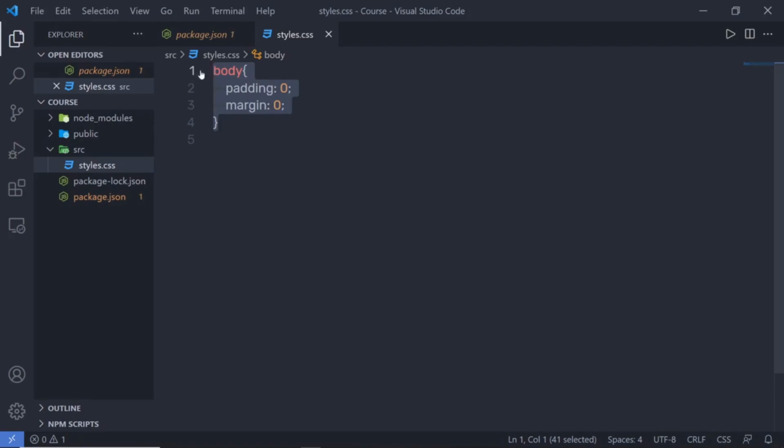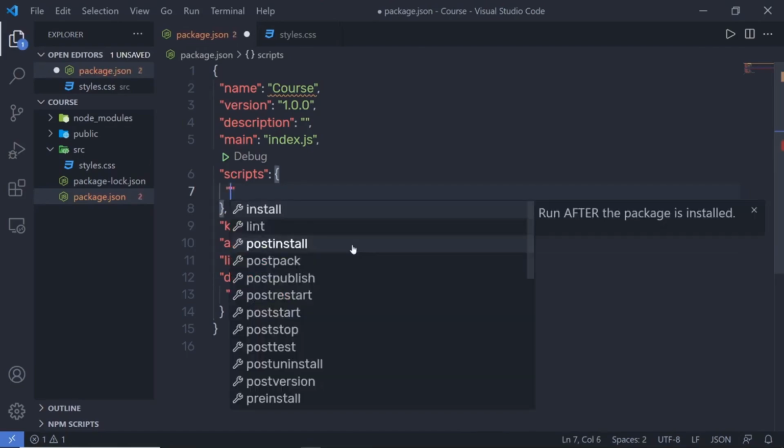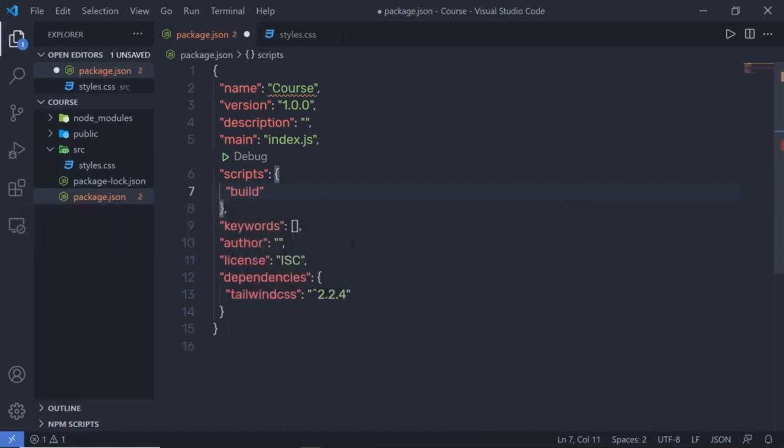So to do that, I'm going back to the package.json file, and here you can notice we have the test command. Let me get rid of it because we are not using it. I'm going to get rid of this command and create a new command here. I'm going to say build, and inside this build I'm going to specify the command tailwindcss -i. -i indicates the input file, so I'm going to specify here src, my source folder, and inside that I have